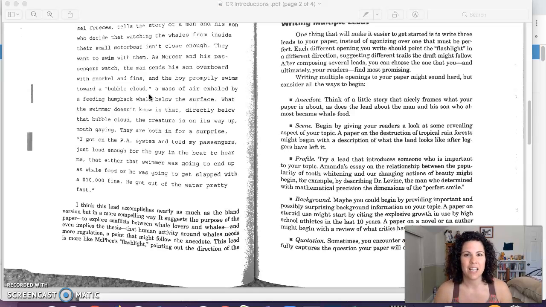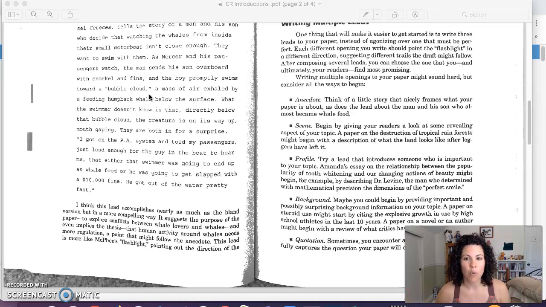The second one is a scene. The most popular one that I've seen of this is Rachel Carson's writing. She wrote about the destruction that we are causing our environment, and she describes this dystopian scene of what could happen if we don't stop and start to take care of our climate. So you could describe something like that. They have the example of describing a tropical rainforest. That would be great. But of course, something that really connects to your topic, and use all of those illustrations and descriptions that we've discussed in class.